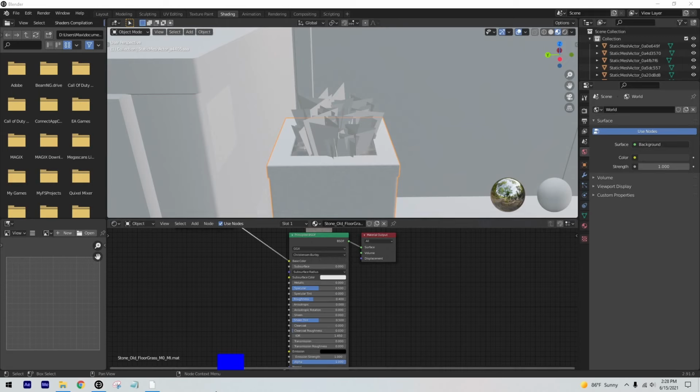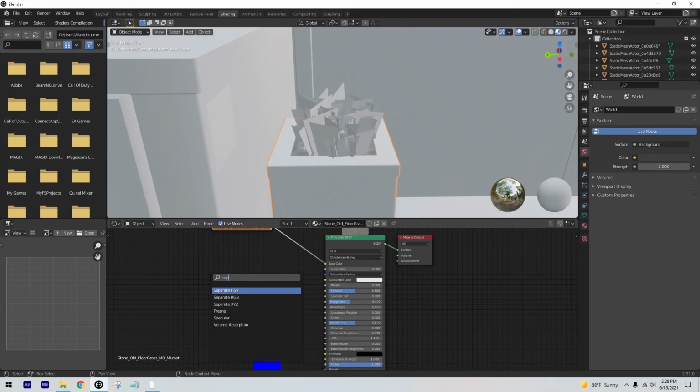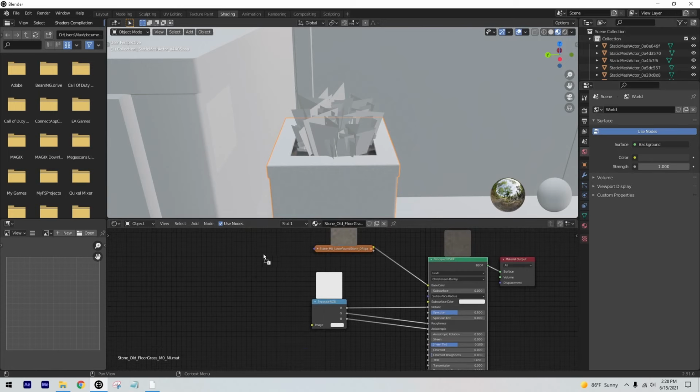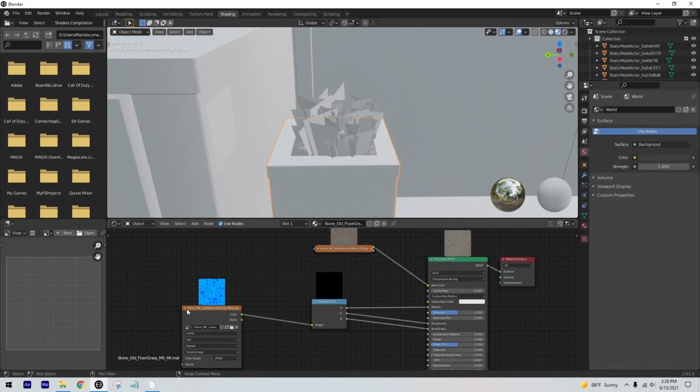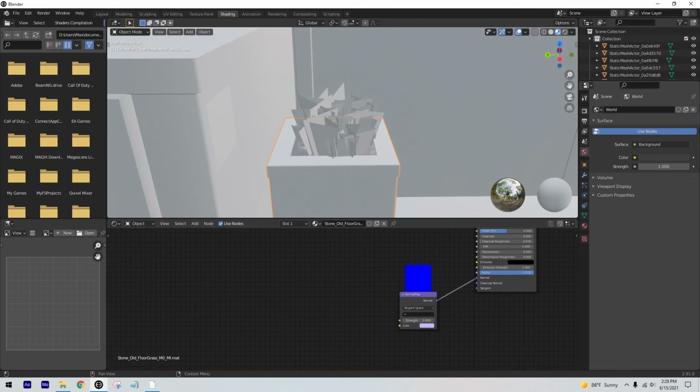Then after that, if it's an MRA texture, we add a separate RGB. We link red to metallic. We link green to roughness and blue to anisomorphic. And then we're gonna link the MRA to image, like so. And then next we're gonna add our normal,